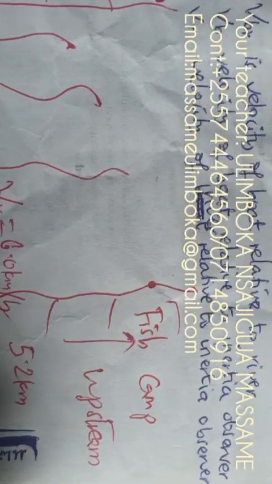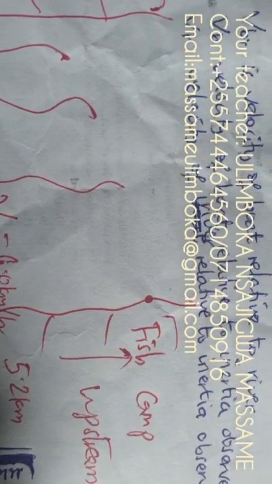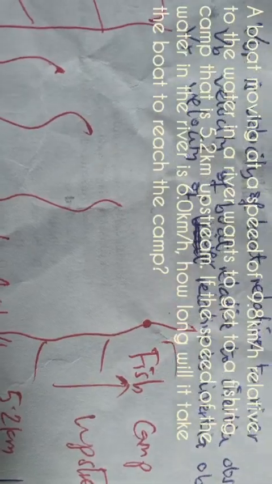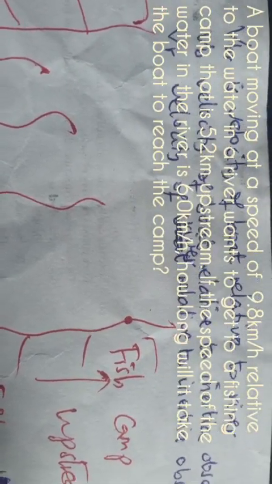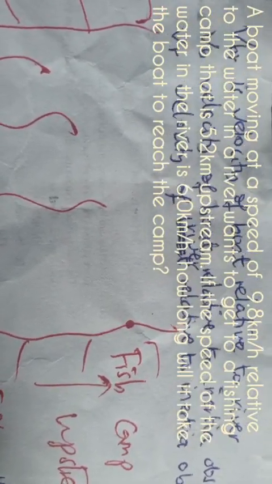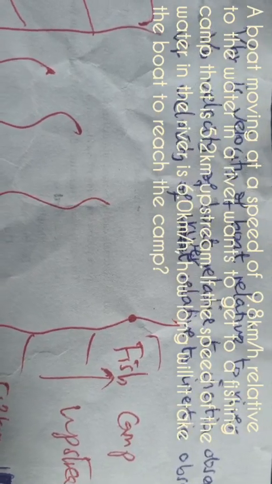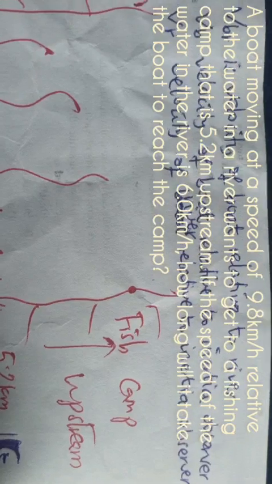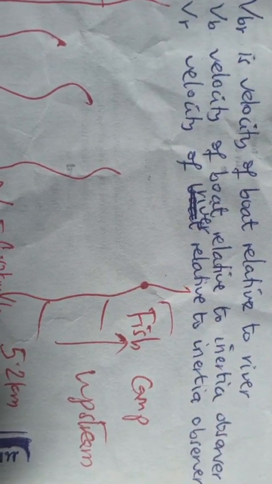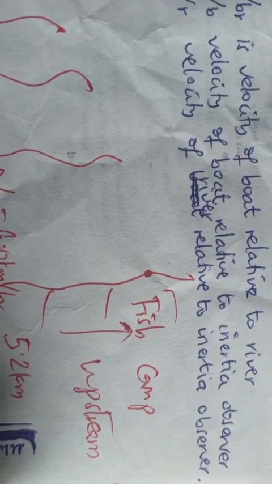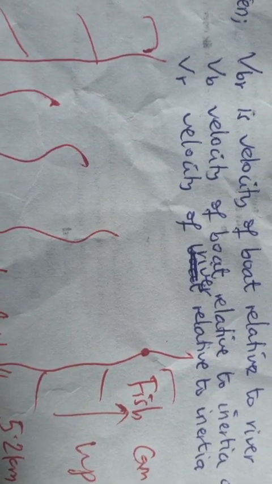Let us do this simple work by first explaining the data below. We have given the velocity of the boat relative to the river, the velocity of the boat relative to the inertial observer, and the velocity of the river relative to the inertial observer. As you can see, this problem